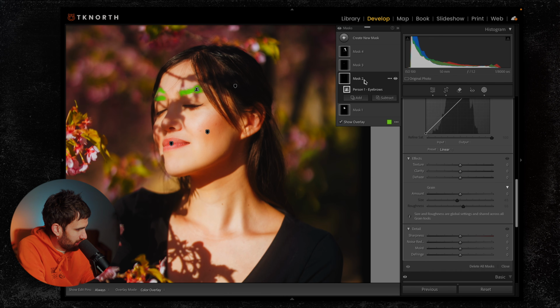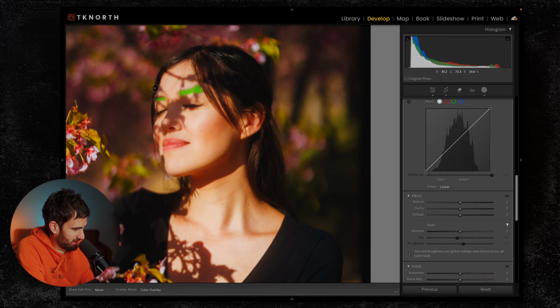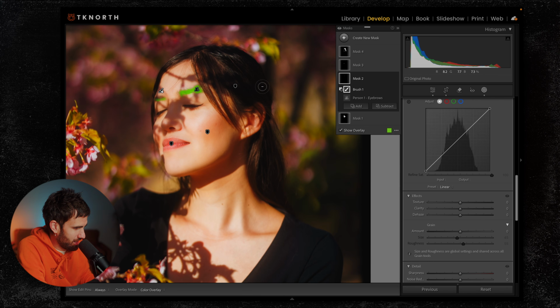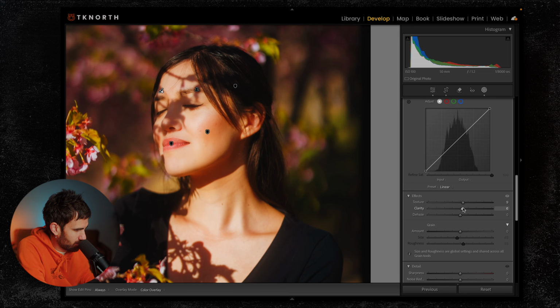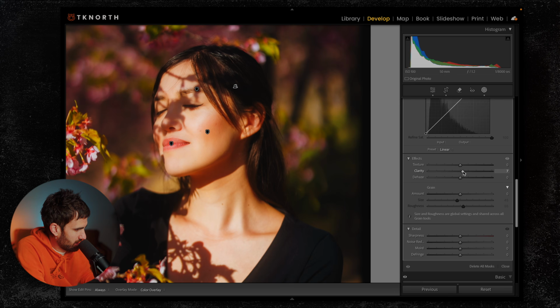If I want to fix that, I can go subtract, brush, and just brush out that top one that it found. Just because of the shadow, it thought it was an eyebrow on this occasion. Sometimes you might want to add in a little bit of detail to any hair as well. So just slight, let's do that there. Same on the hair here. Add in that little bit of